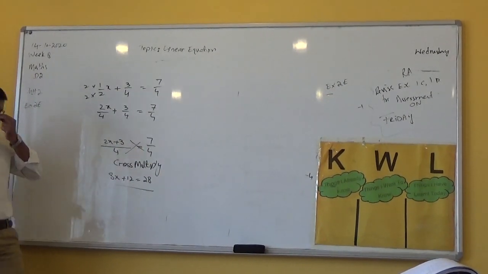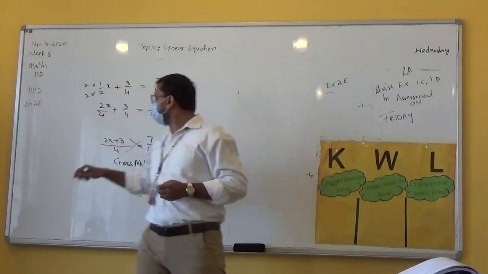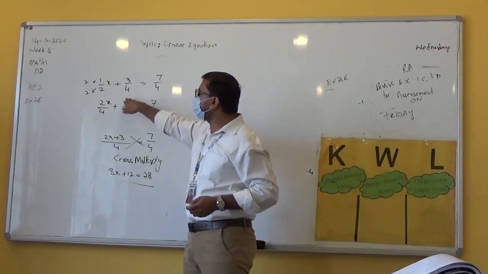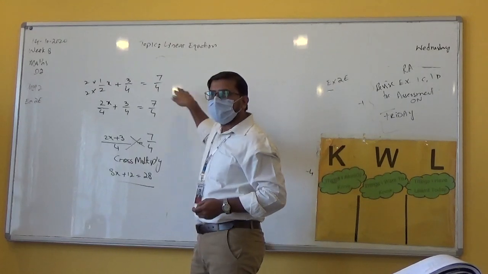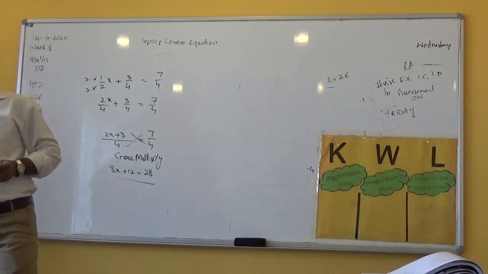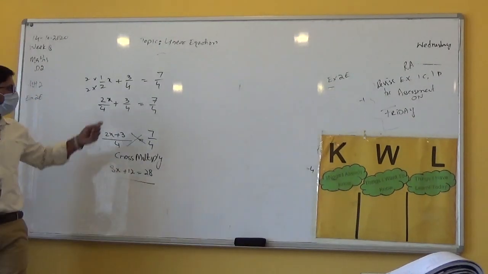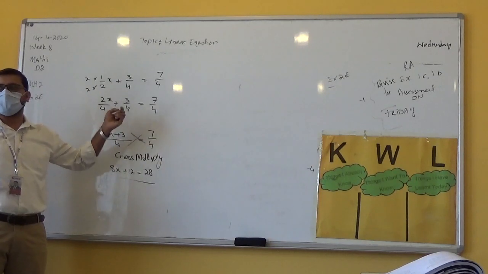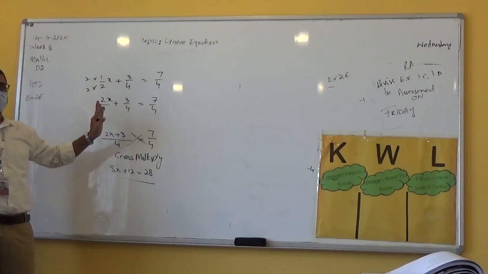What if we move 3 by 4 to the other side? What about this one? You can move it to the other side and even then you get the same answer. If you move 3 by 4 to the other side, meaning both constant fractions will be on one side, even then you get the same answer. Okay? So in this question you are given only one variable.